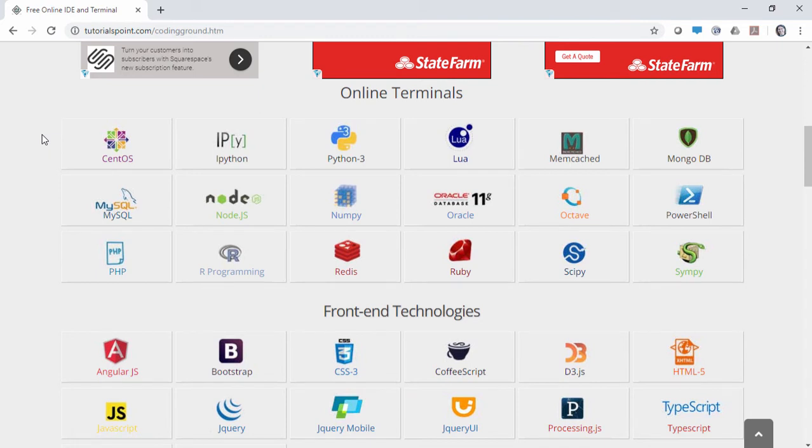writing. Now, basically, we have three different kinds of things that we can do in Coding Ground. We can write scripting language, or we could do some scripting code. And by the way, that icon was Python. Like I said, it was a little bit faded out on my monitor, so I couldn't really identify it. So let's move on. So anyway, your online terminals are your REPLs, or your command line scripting languages that you